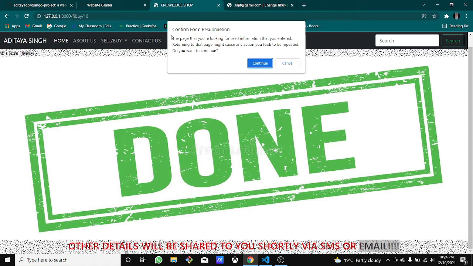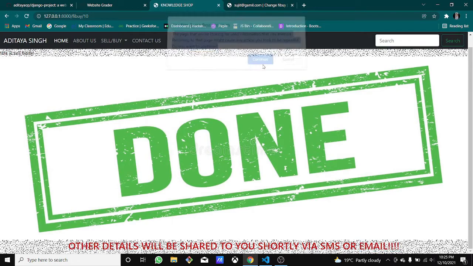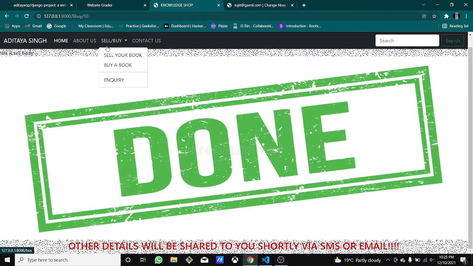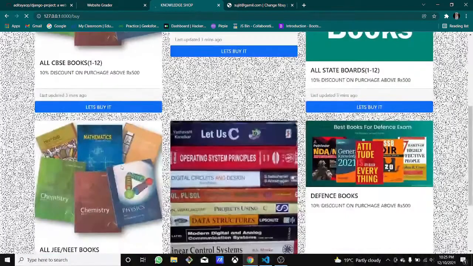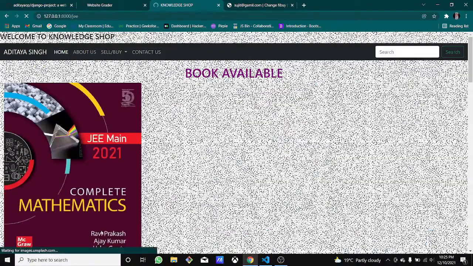The website is fully secure basically, so that's why this resubmission confirmation comes up, because if this happens, the transaction or the database might get some issues. We will buy the books again. We go to the JEE Mains book, and see, the stock has been deducted.